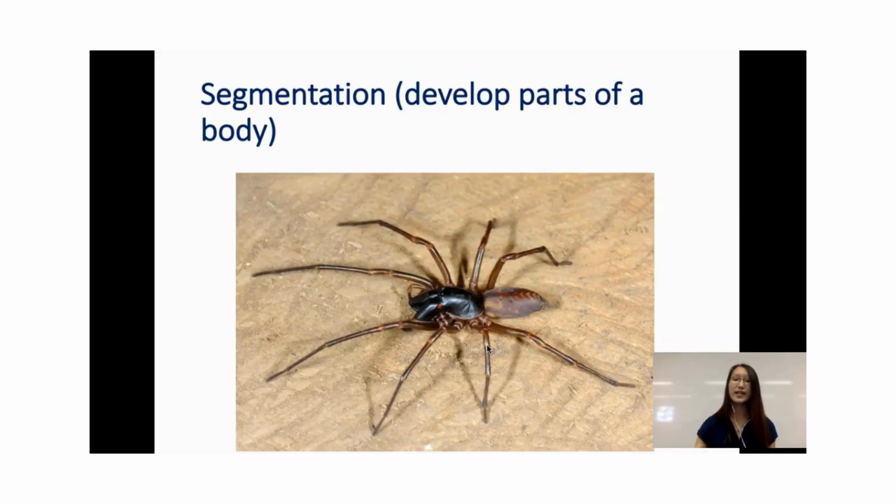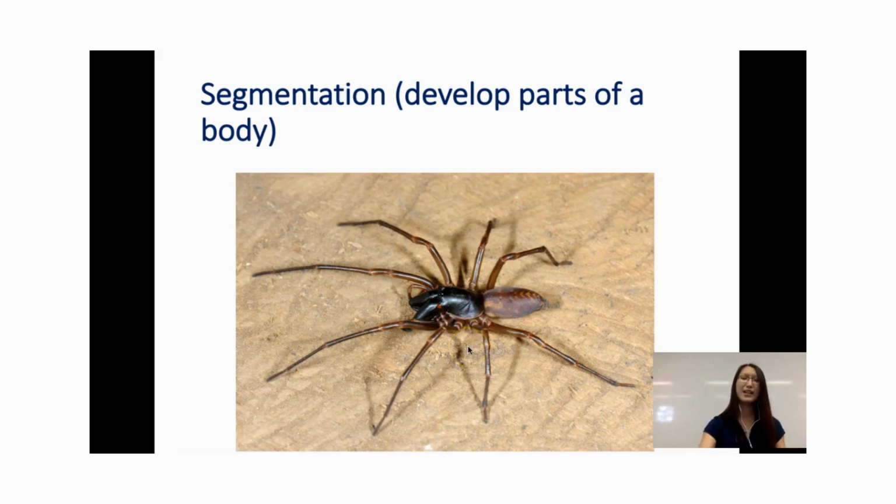And then the next one is segmentation. So segmentation is kind of different from limb formation. These arms, obviously, we have segments of our arms. This is kind of similar to this. But with segmentation, we want to specifically talk about insects that have different segments of body parts. They don't have bones, but they have the segments of the exoskeleton, which allow them to have different